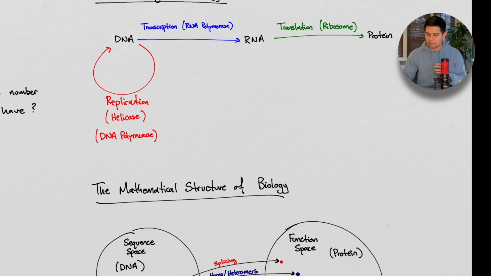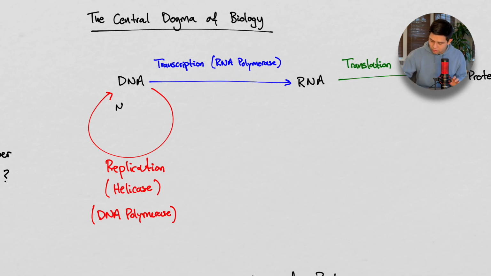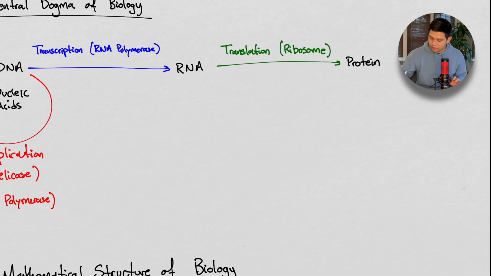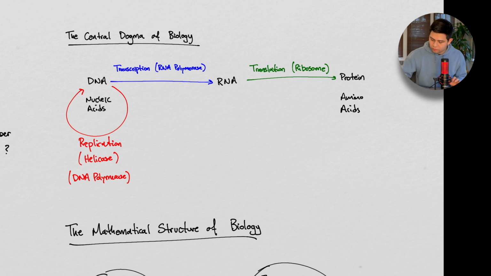And last but not least, I really want to hit home 2 big pictures here when we talk biophysics. One picture is going to be the central dogma of biology. That dogma is that DNA gets transcribed into RNA, which gets translated into protein. We are essentially going from nucleic acids being converted into amino acids. So this conversion